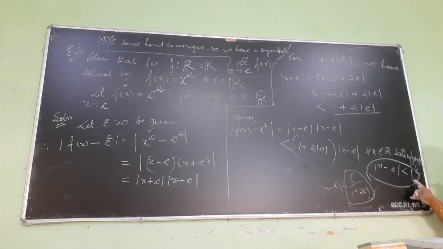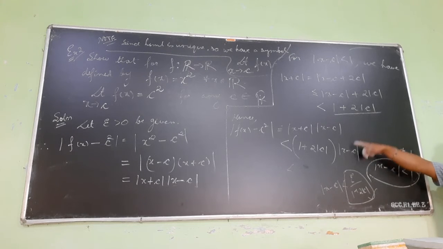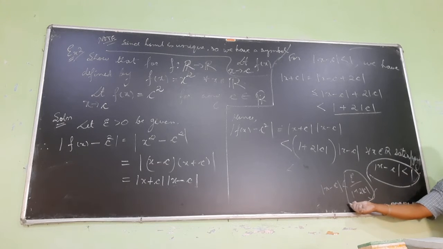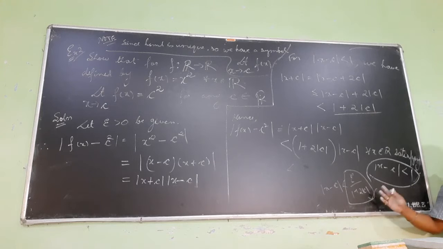So what should be delta? Minimum of 1 and this quantity. I took the minimum of those two, understood? If it is smaller than 1 then that one is satisfied; if it is greater than 1, then this one has to be done again. So I have to make sure that delta should not be greater than 1. This is a random quantity. I am not sure whether this is less than 1 or not. So to be on the safe side we can take delta to be minimum of 1 and this. Right.